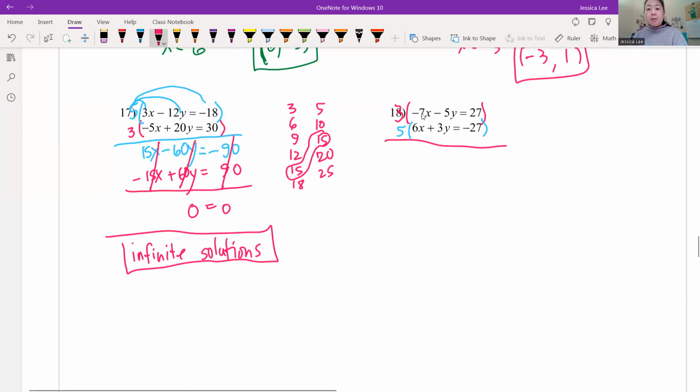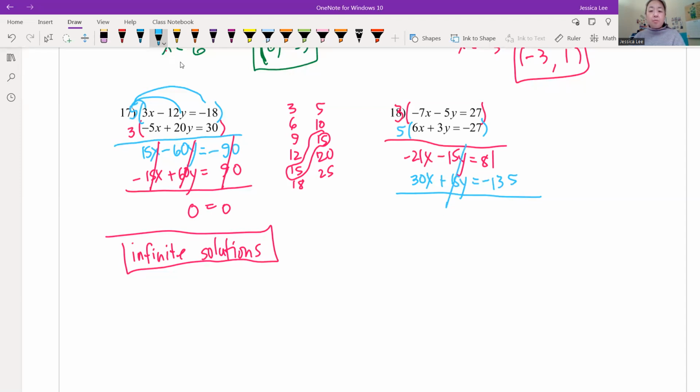All right, so let's multiply this out. 3 times negative 7x is going to be negative 21x. 3 times negative 5y is going to be minus 15y is equal to 3 times 27, which is going to be 81. Okay, I should have known that a little bit more. But anyways, here we go. And then the bottom is 5 times 6x, which is going to be 30x. 5 times 3y is going to be plus 15y is equal to 5 times negative 27, which is going to be negative 135. Boom, the y terms cancel out. And we get,